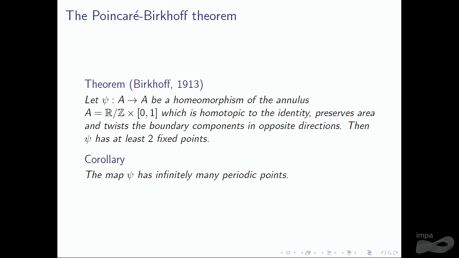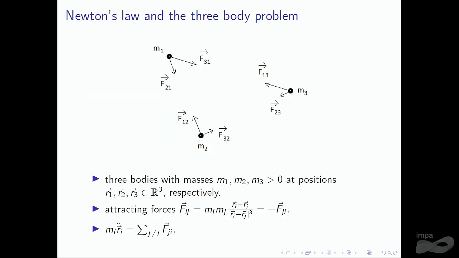So let's see how Poincaré obtained infinitely many periodic orbits in the circular planar restricted three-body problem. I will recall many things that were talked about before by Urs and Humberto. So let me just recall